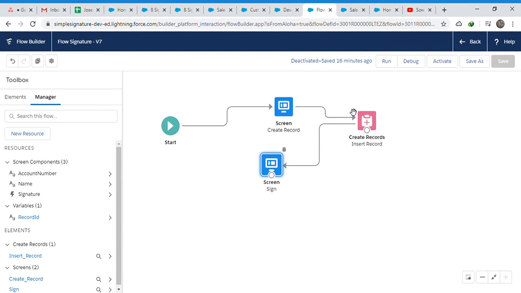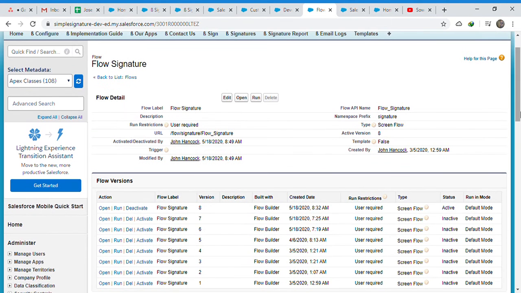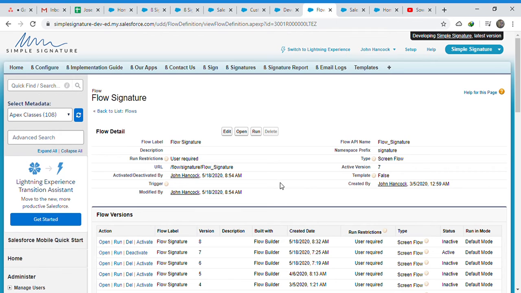But let me show you by testing it. So this flow has two versions. The first one we tested, version 8, does not pass any other parameter, but flow version 7 passes other parameters. So I activated version 7 and let me run it.